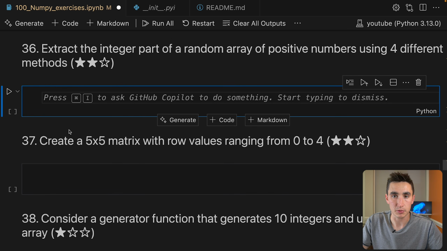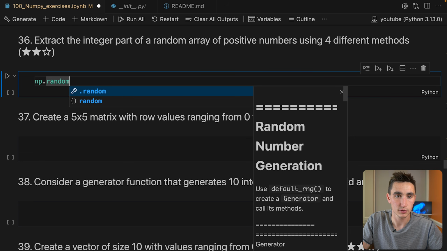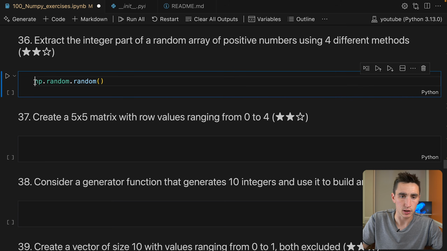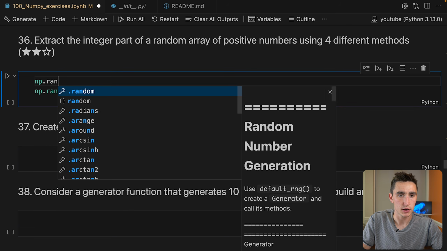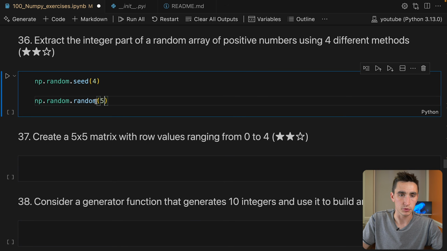Extract the integer part of a random array of positive numbers using 4 different methods. So I think what I'll do, oh, we've got to just extract the integer part. Like if we have 5.5, I'm going to do np.random.seed just to work with something. And then I'm going to do np.random.random, size 10, let's say, but we'll multiply it by 5. Call this array. And then if we look at our array,